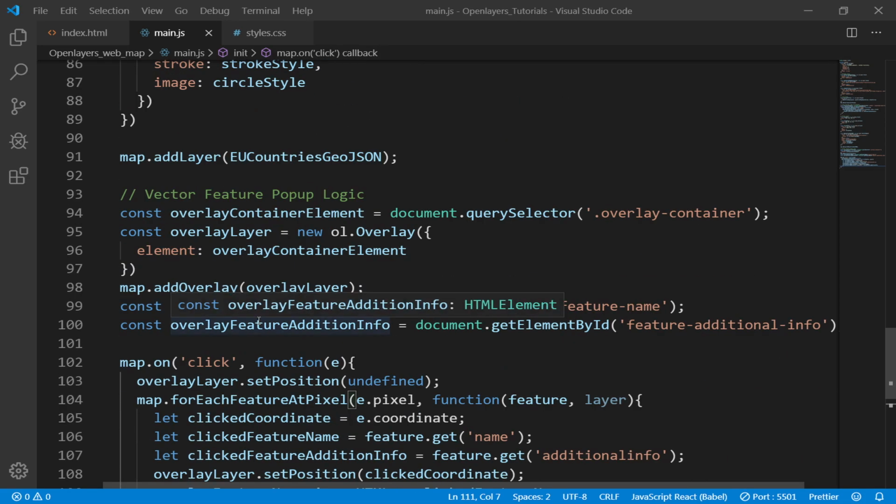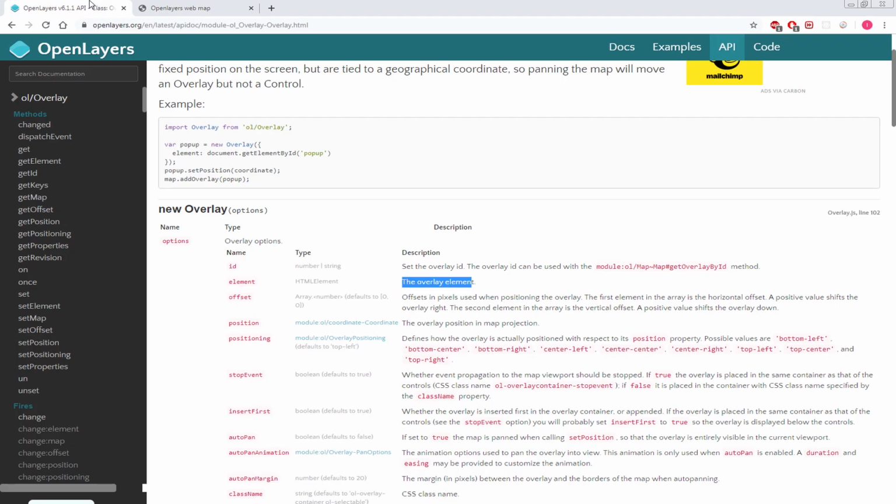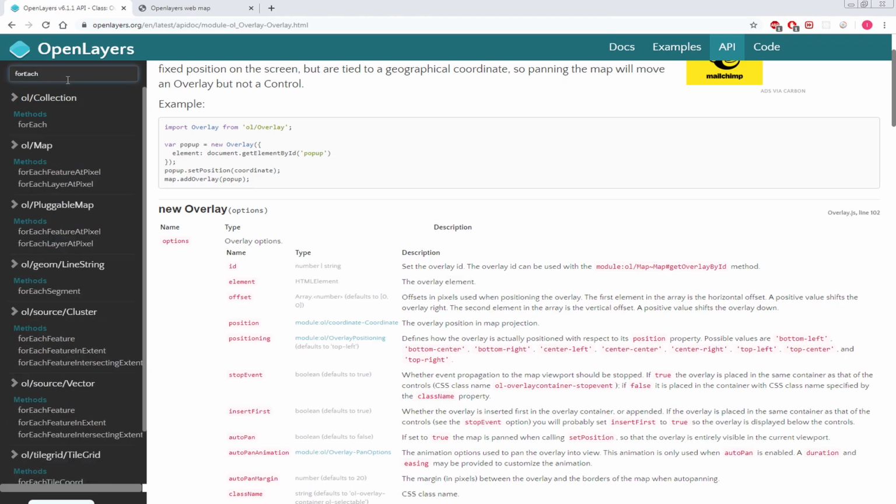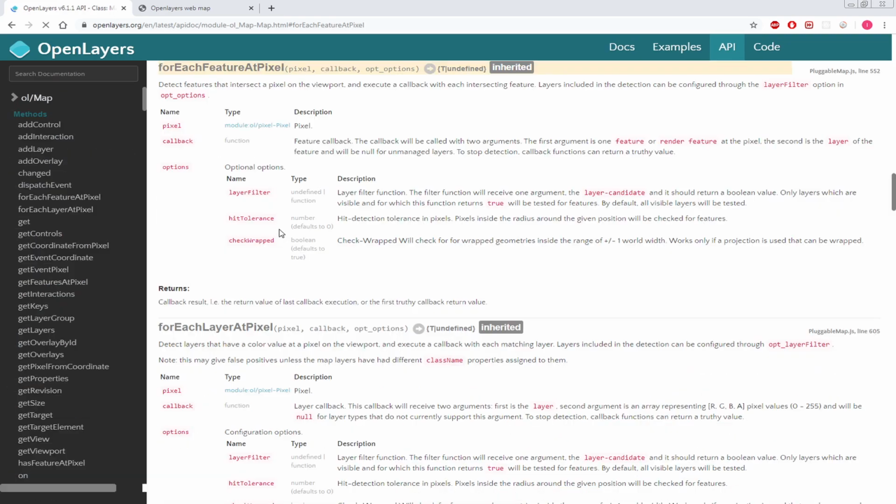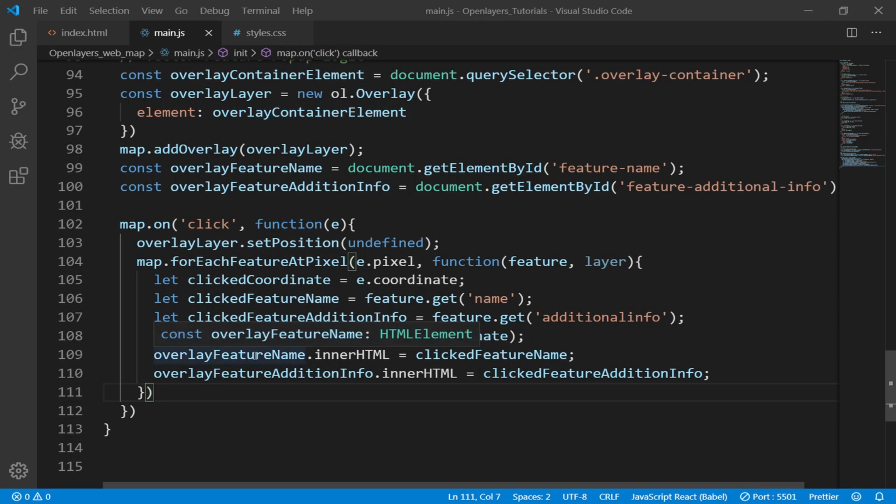So I can show that one. If you go to for each feature at pixel, here you have layer filter. So that's a layer filter function. This one is just used to filter out layers which you don't want. So right after this one,